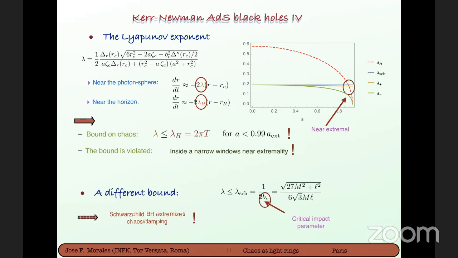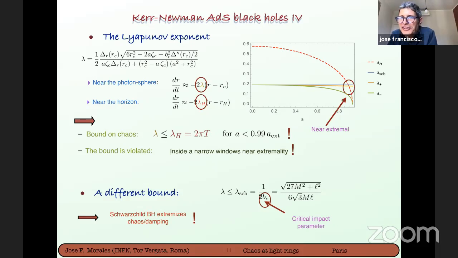It seems lambda minus always respects the bound. Is this correct? This is another very similar point. We don't understand why, but it seems that this bound is always very close to the maximum value of the Kerr-Newman. The chaoticity is almost always saturated, the bound. For any A, from A very small to A very large, and this happens also in the moduli space of Q and so on. It's very stable. This lambda minus is always very close to the bound. Again, this is something nice to think about. Thank you.